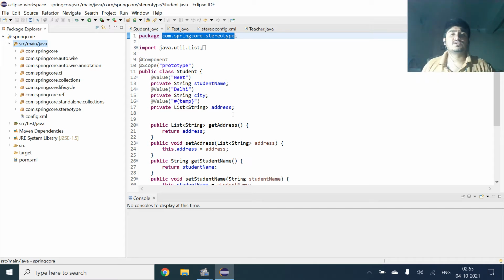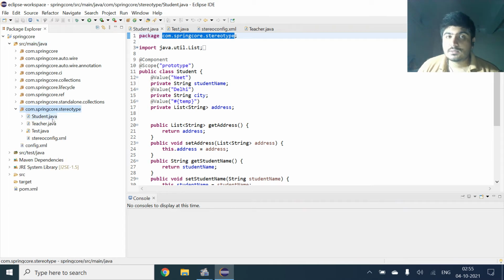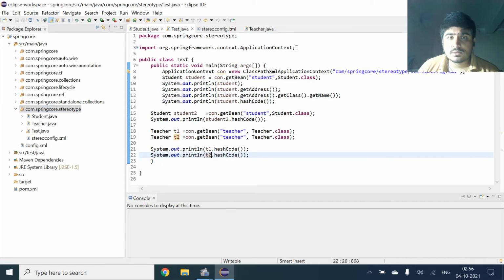I come to my last package which I have created, com.springcore.stereotype. When I open this, we have student class, teacher class, test class, and the stereo config XML file in that particular package.